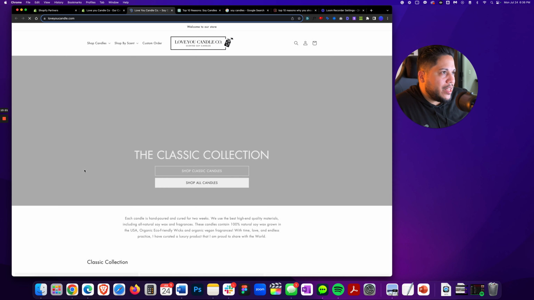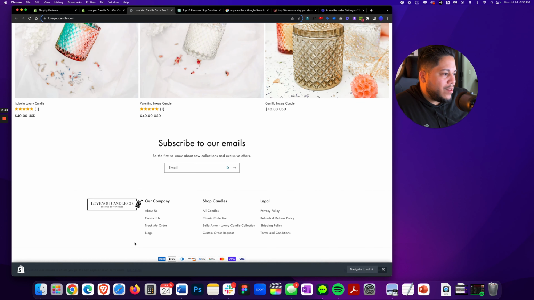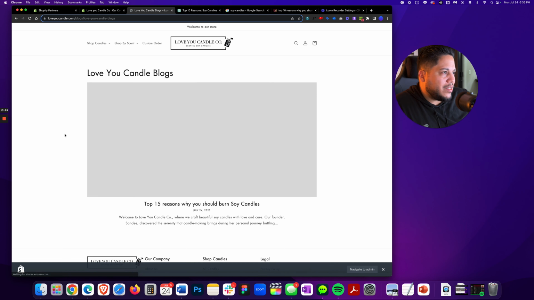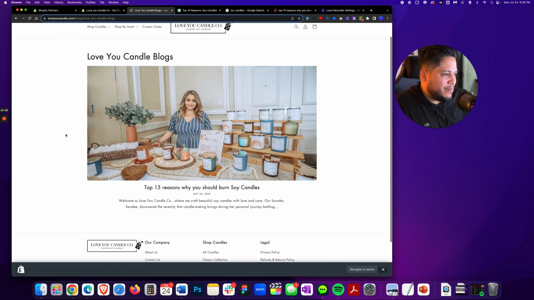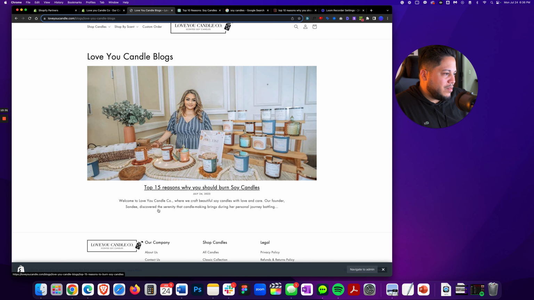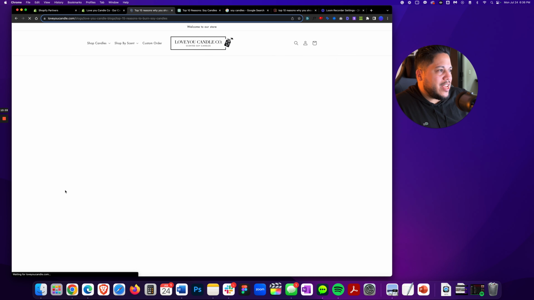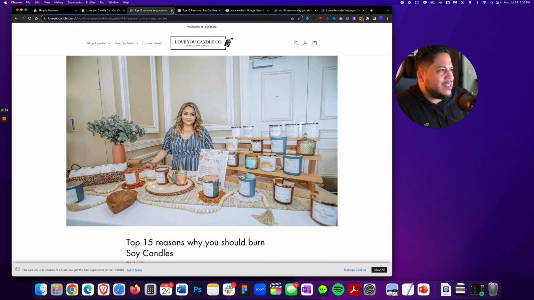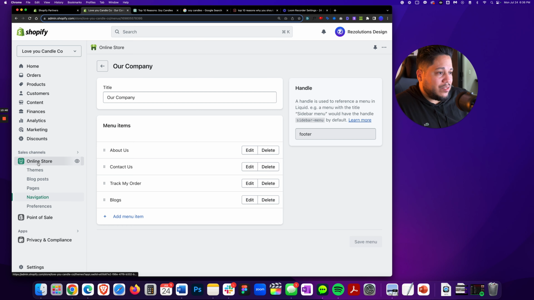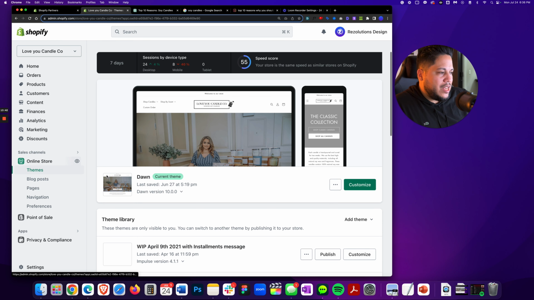Let's go right there. Let's scroll all the way down. Let's see what we have. Where does this take us? There we go. So we have our blog finally released. We have the date, so-and-so. If you click on it, it takes you to the article page. Fantastic. Now let's see what options Dawn gives us as far as how we can enhance this inside of the